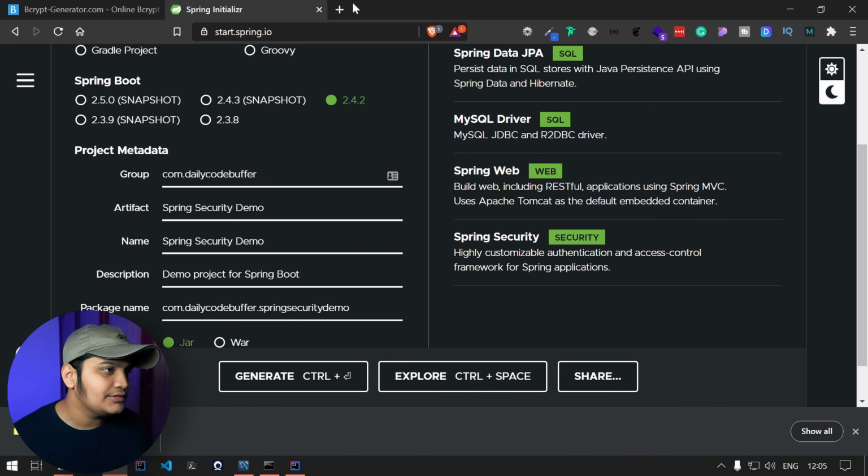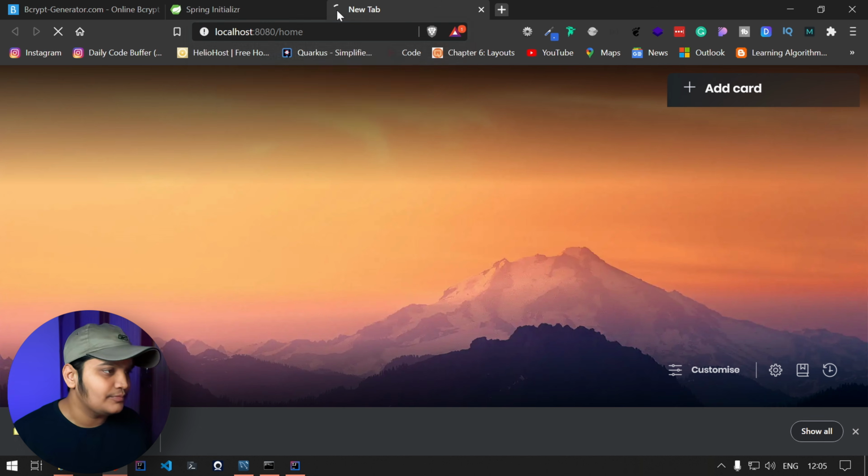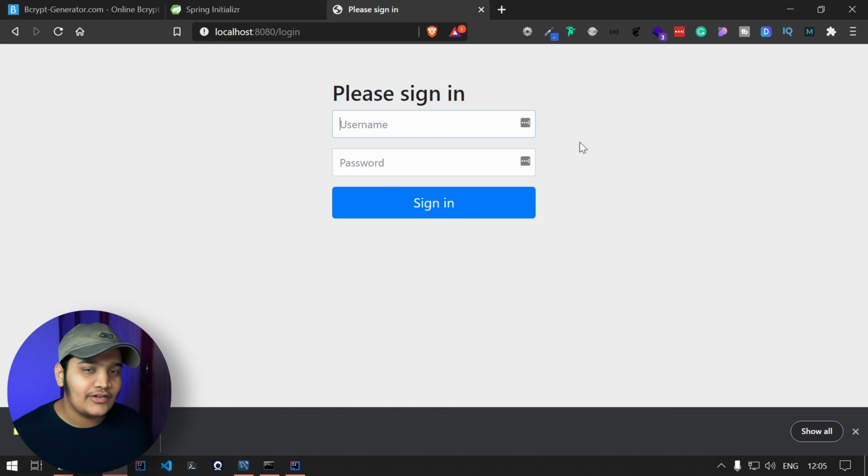Let me go to the browser and I'll hit localhost:8080/home. And here you can see that we got the sign-in page because we have implemented Spring Security. Now we don't know the username and password for this, and we have also not implemented this login page. If you are working on a production-grade application, you won't need this particular Spring Security login page. You will be implementing your own, either in a UI framework or directly in the JSP itself. So we'll be directly disabling this sign-in page from Spring Security, so we can authenticate directly.